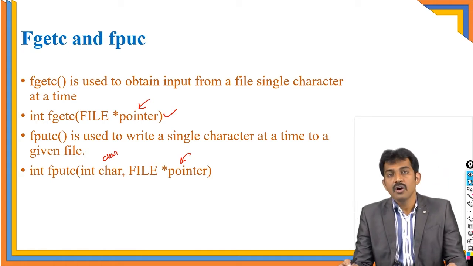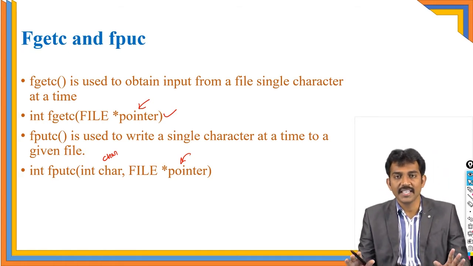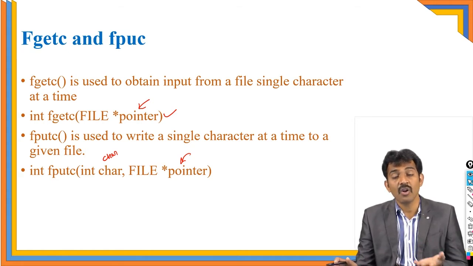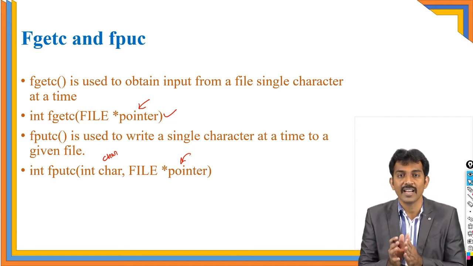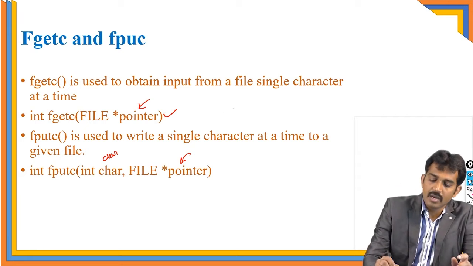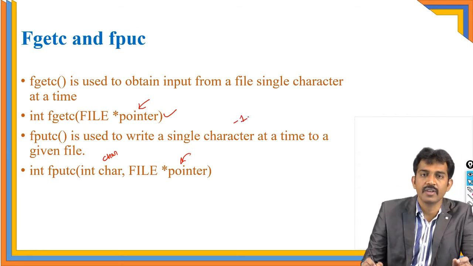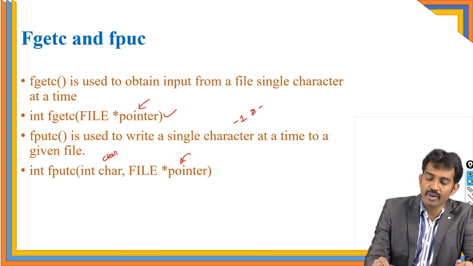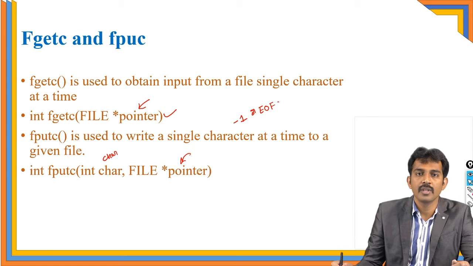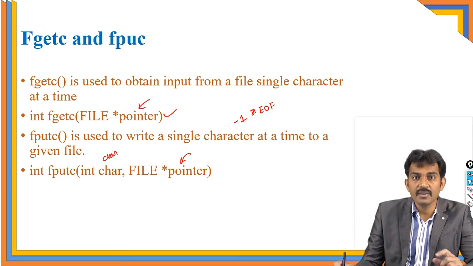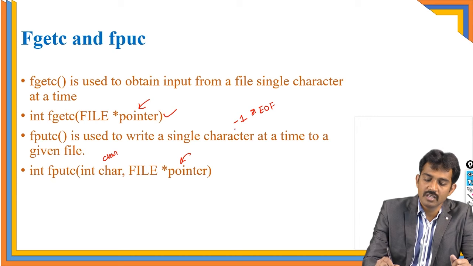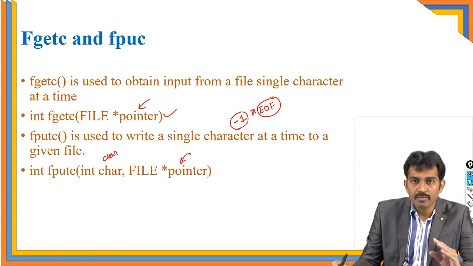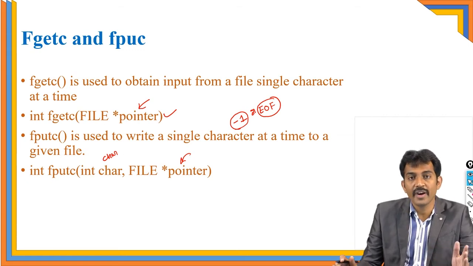right? And for example, if you read the entire data from the file, how would you know what the last character of the given file is? We don't know, right? But please remember, the end of every file is represented with -1. End of the file is represented with -1, or you can use EOF, end of file, also. You can use either -1 or EOF to find the end of the file.